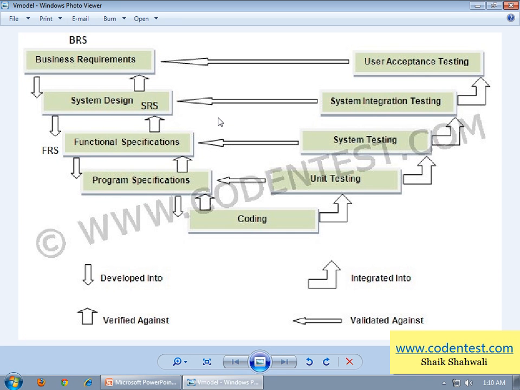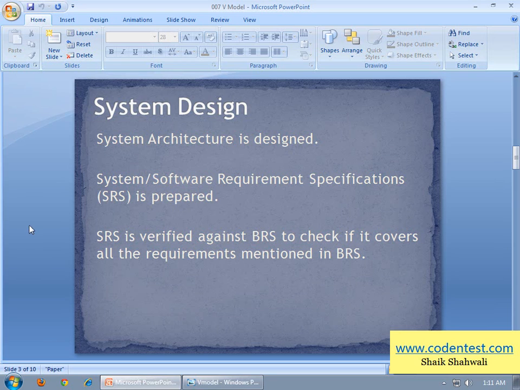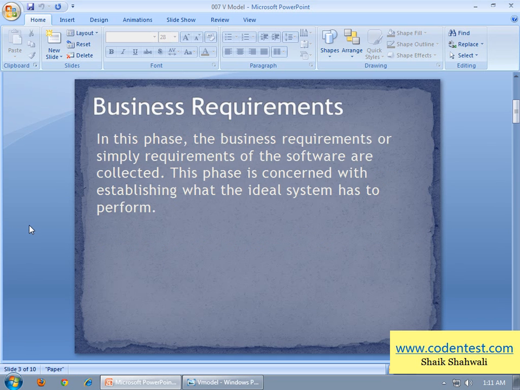So I'll explain the phases involved in the V-Model one by one. First is business requirements. In this phase business requirements, or simply requirements of the software, are collected. This phase is concerned with establishing what the ideal system has to perform.